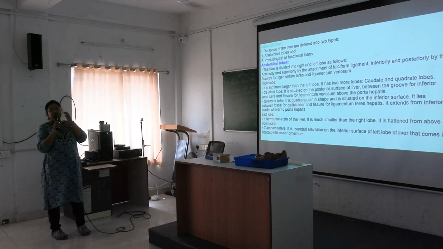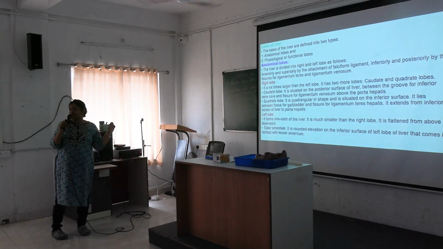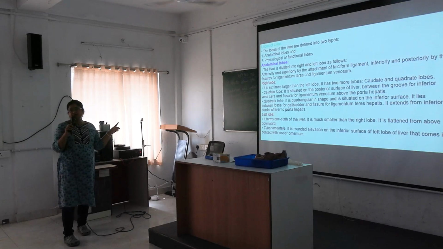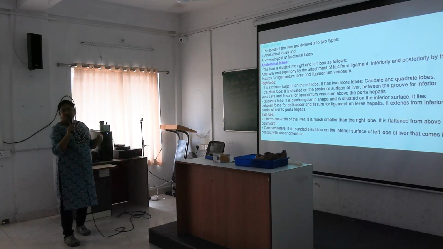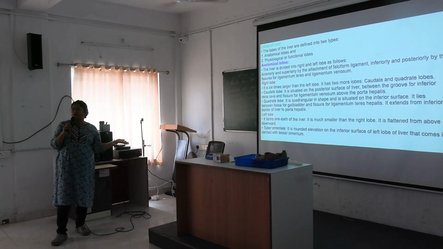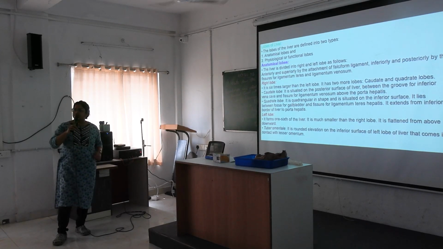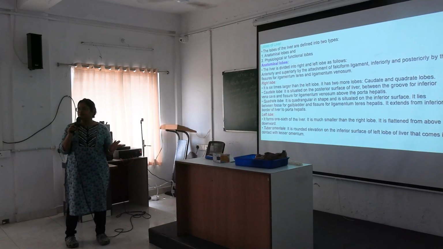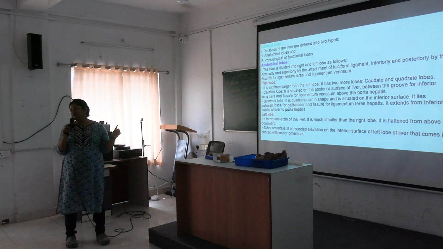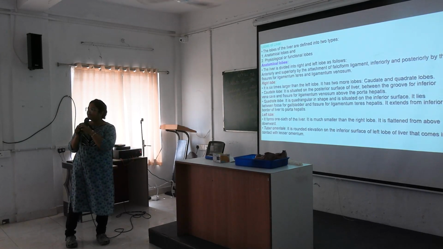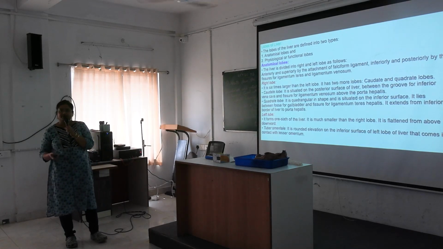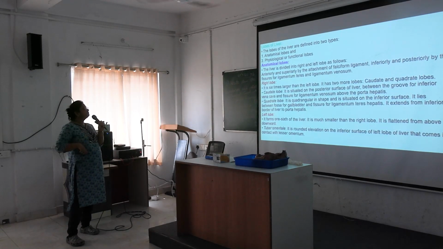Next, we are going to the lobes of the liver. This is also asked. Everyone will be asked about the lobes of liver. How will you divide it anatomically, and how will you divide it physiologically? Couinaud's classification is also asked. Couinaud's is important mainly for theory. These anatomical and physiological lobes will be asked in your viva. Everyone, caudate and quadrate lobe you have to identify.